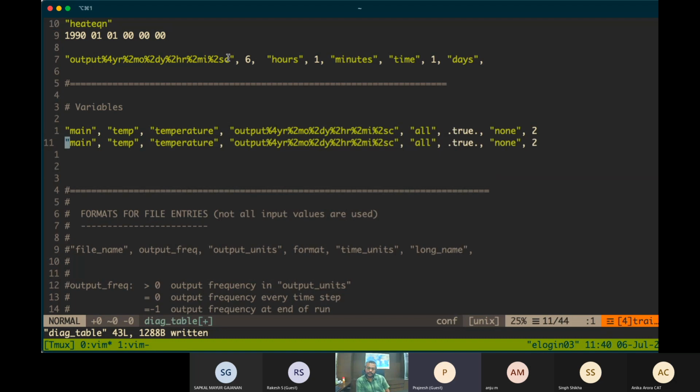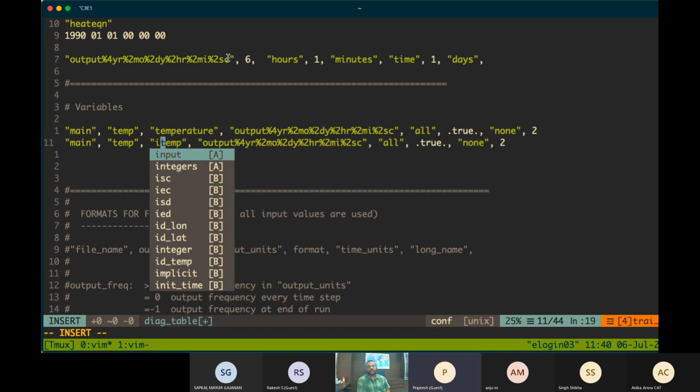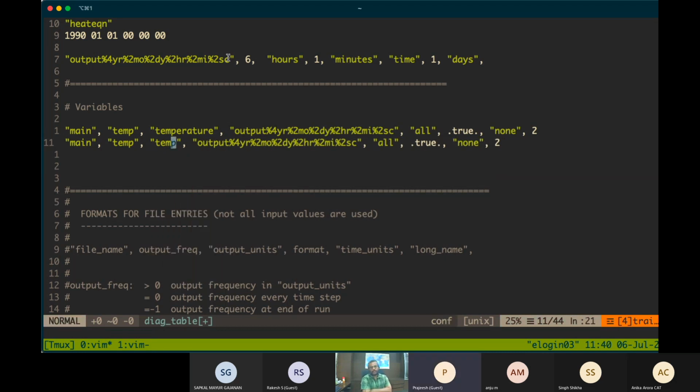So you can give something like temperature, and then put it as false, for snapshot.